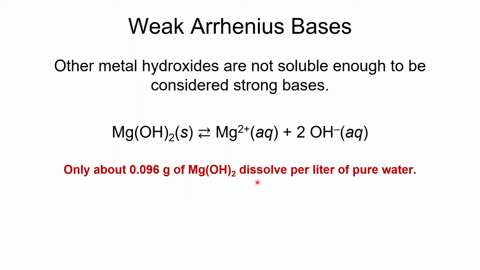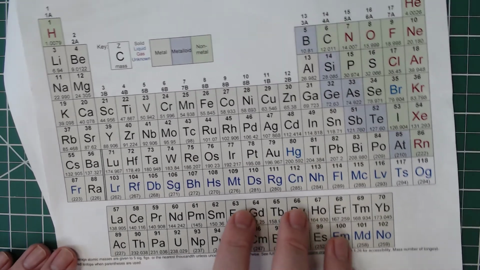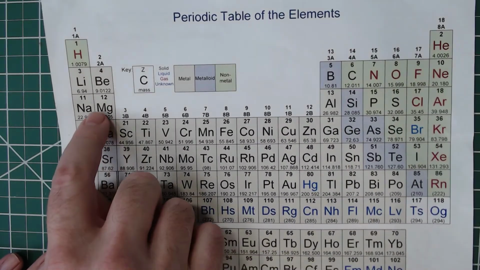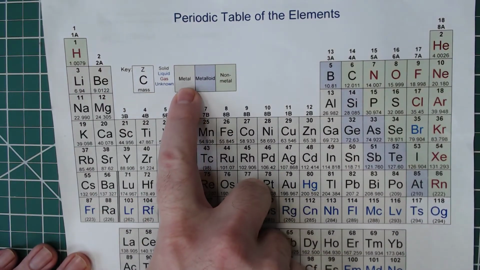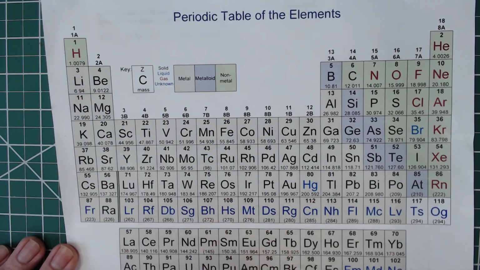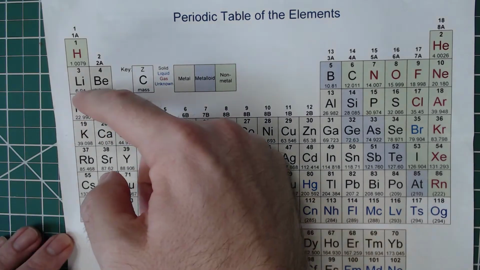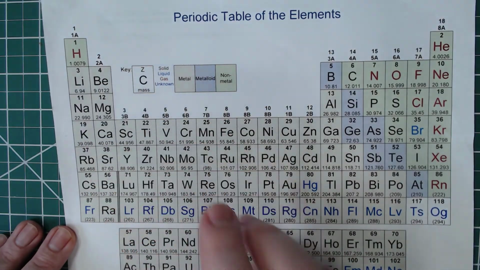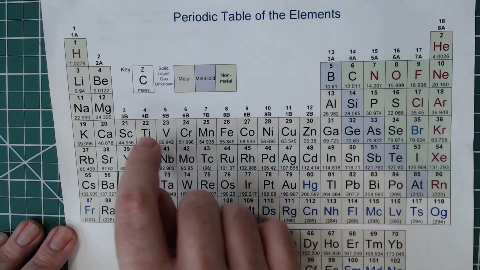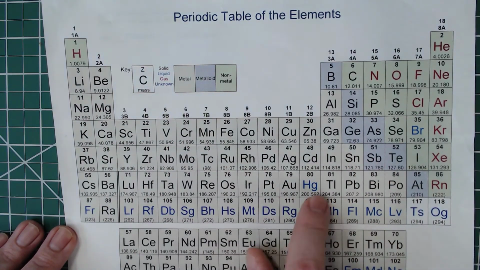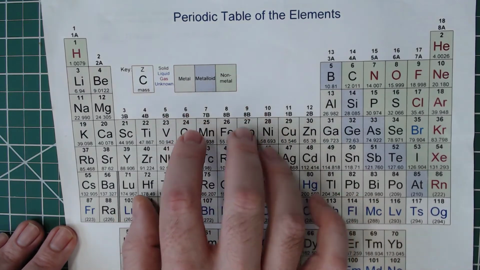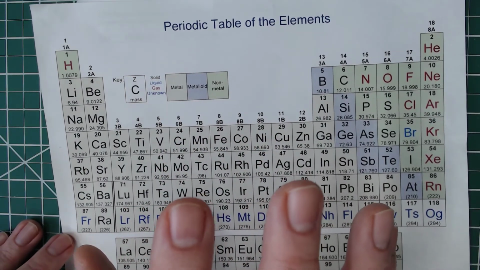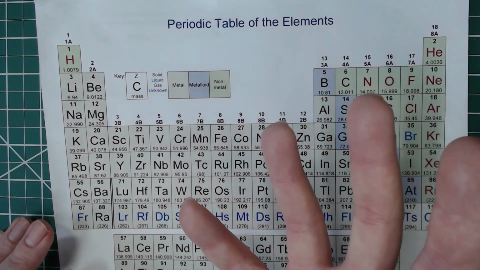All right. One other thing that I want to point out before I move away from this is that all of the other metals, all right, so if we look here, all of these beige colored things are metals. So all of these are considered metals. Of those, most of them form hydroxides, and only these 8 are really considered strong bases. The rest, all of these over here, including like lead and bismuth, when they form hydroxides, they are considered weak, and that's just because they're insoluble.